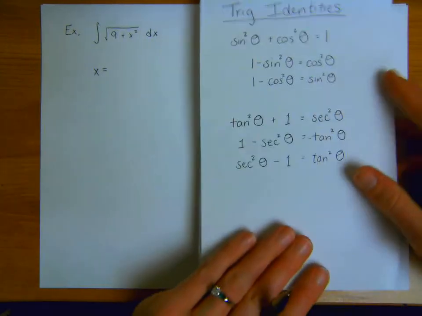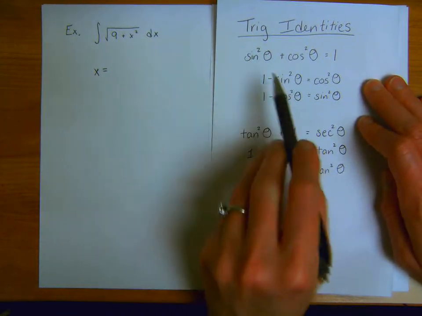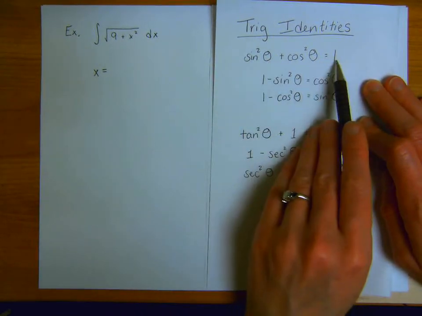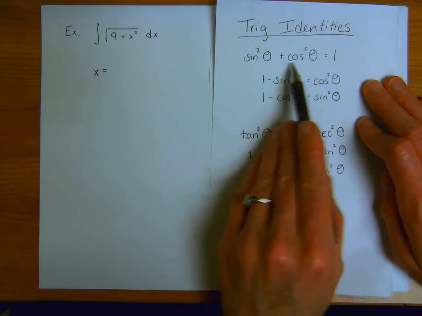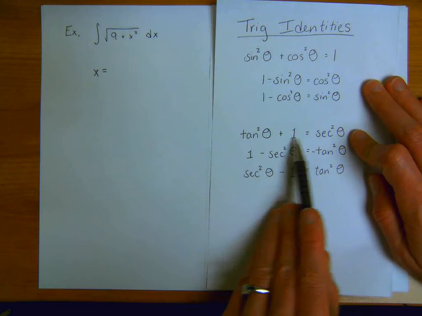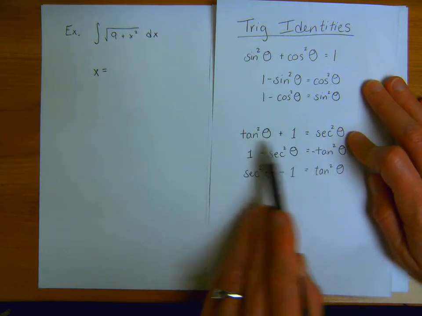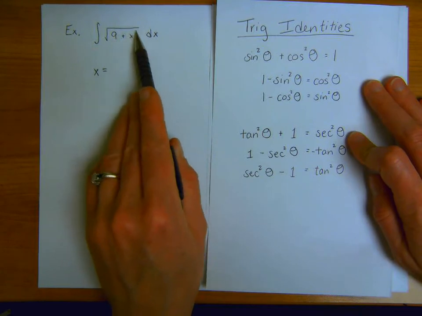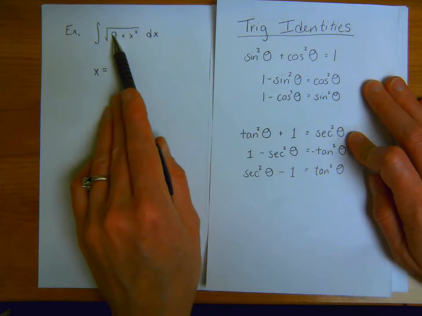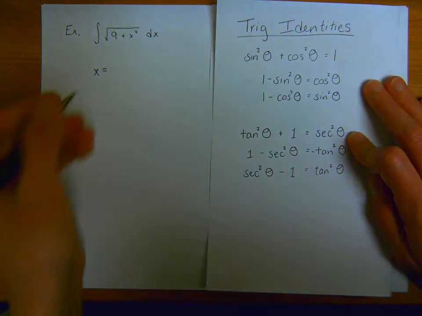These are some of the trig identities that I expect people to be able to know. We all know sine squared plus cosine squared equals 1. When I divide everything by cosine squared, I get tan squared plus 1 equals secant squared. So a nice candidate, because I have something squared plus a constant, my nice candidate is going to be tangent, and I'm going to choose